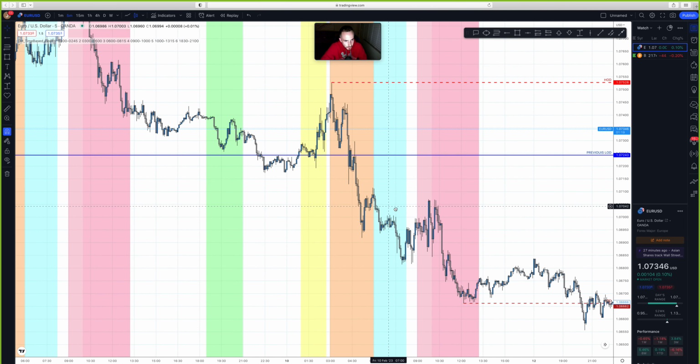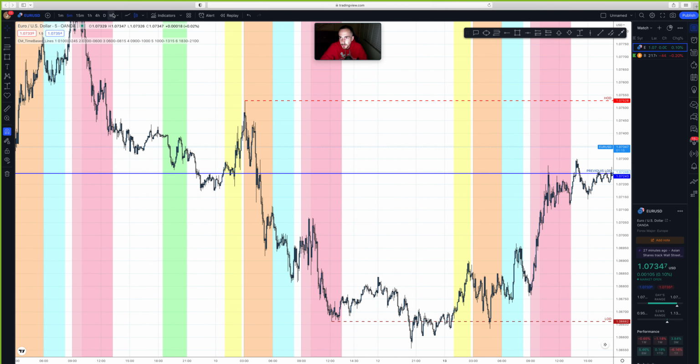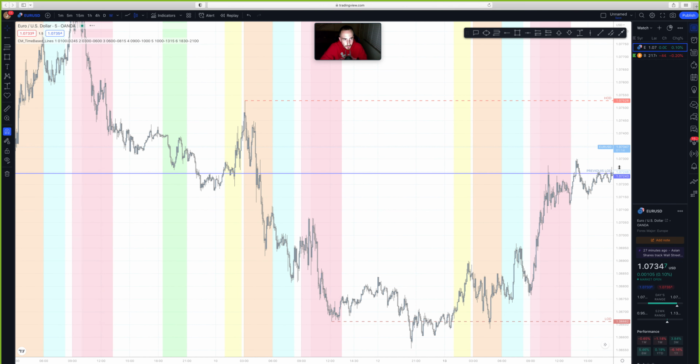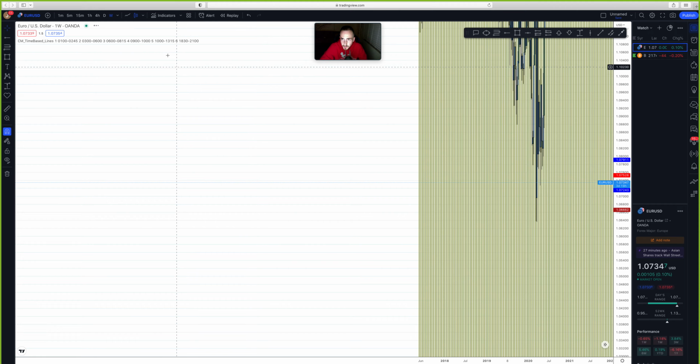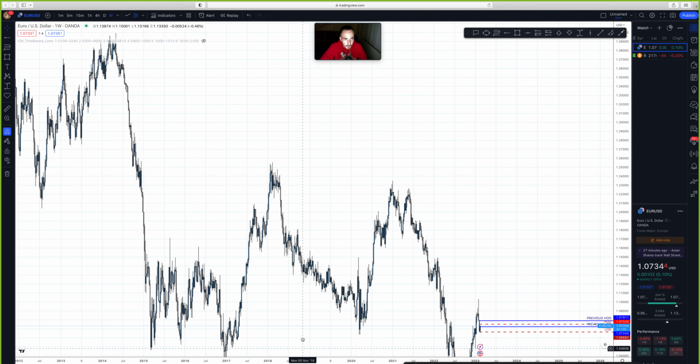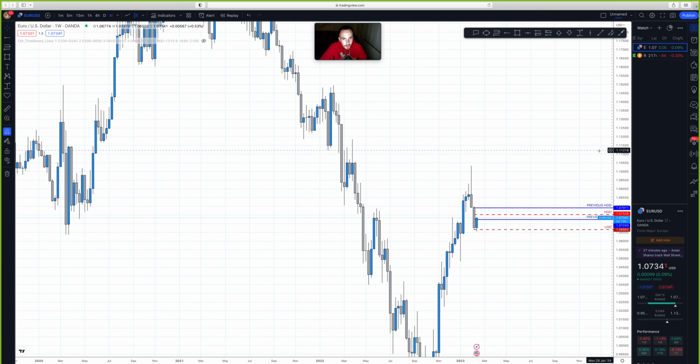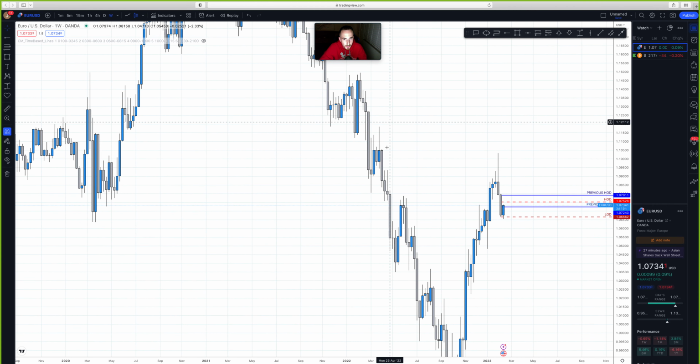So let's go into the higher time frames, the weekly time frame, just so I could draw the supply that we're coming from right now. So on the weekly time frame, I know we have the supply that we're coming from right here. Let me mark this real quick, this area right here, and then we're gonna go to the daily real quick.